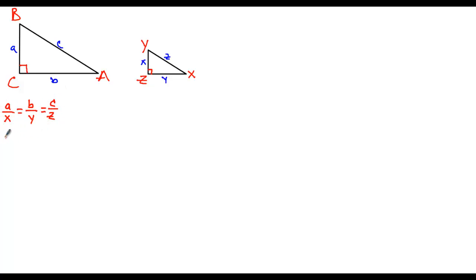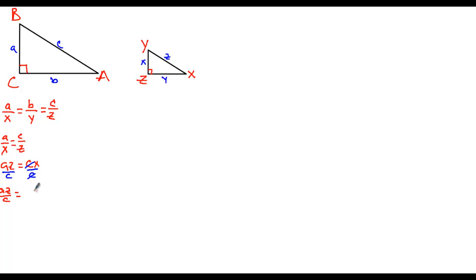I'm going to take A over X, and I'm going to set it equal to C over Z. Okay, so once I have this, you know that I can cross multiply this, and I get AZ equals CX. What I want to do here is get the C over on this side, so that I have the A and the C from one triangle as part of the same ratio. So to do that, I'm just going to divide both sides by C. On the right side, it just goes away. So on the left side, I have AZ